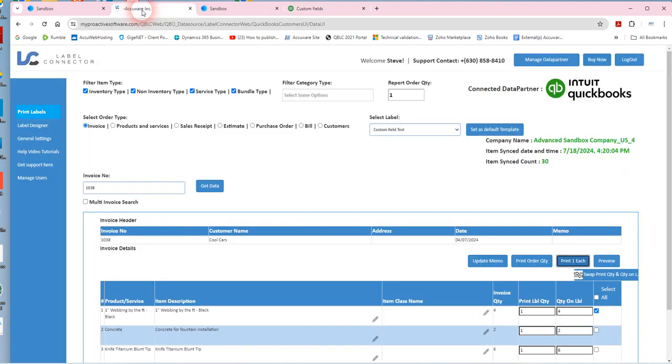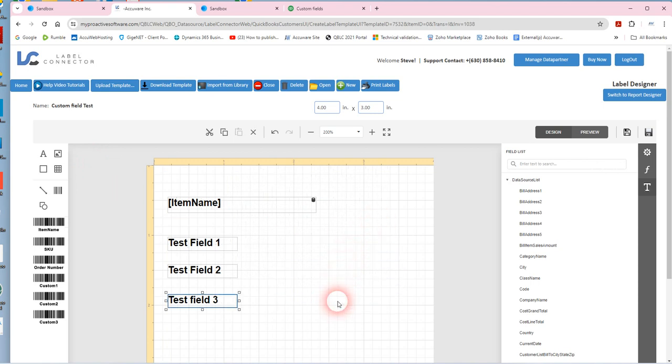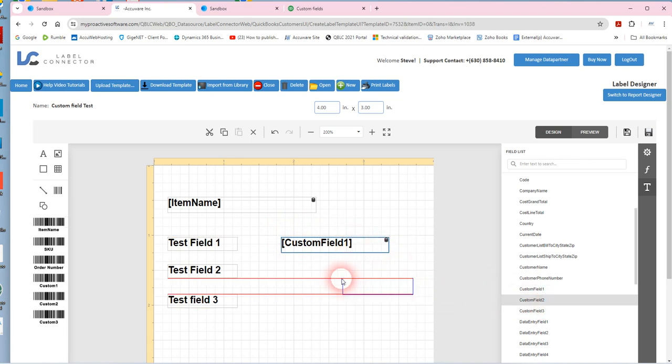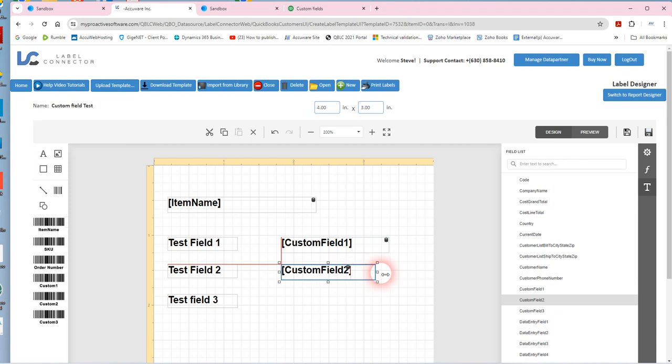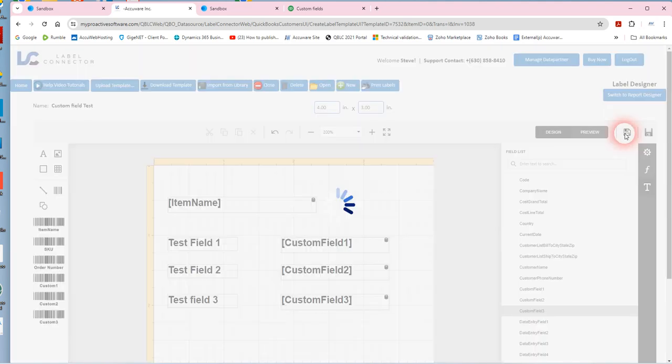You'll see in Label Connector, I've created a label for us to test this with. And basically, the way you add these to your label is you just drag them out from over here. We've already got them pre-set up for you in Label Connector for your use. So you just drag them out, and if you're getting confused about what order, I would just drag all three out so you can get it sorted out. But basically, if I save this now,